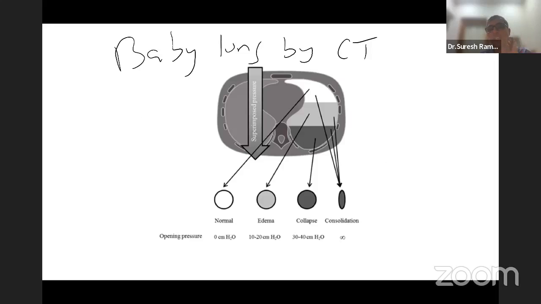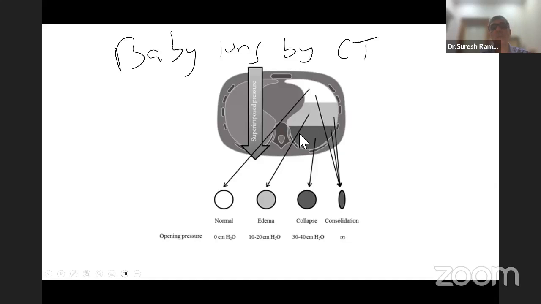The baby lung is created because there are certain areas which are completely collapsed, certain areas which are edematous and partially collapsed, and certain areas which are fully normal. So you just want to ventilate this little normal area, that is the white area that you can see on this, and that's a baby lung. So the FRC of the entire lung is only about 500 to 1500 ml as compared to what you would see here. So these are difficult to ventilate.